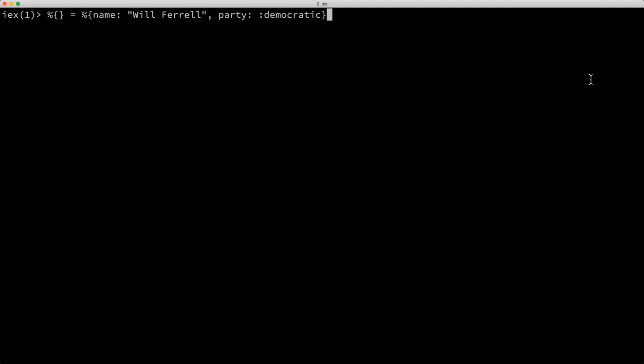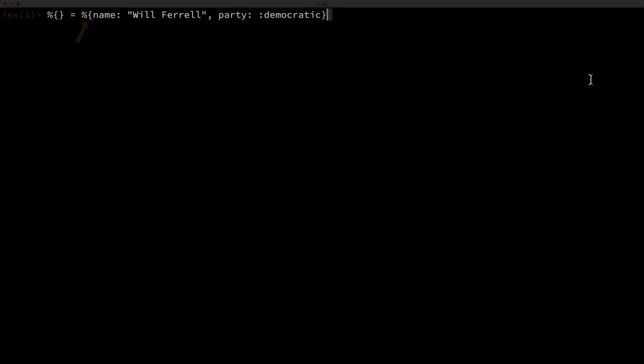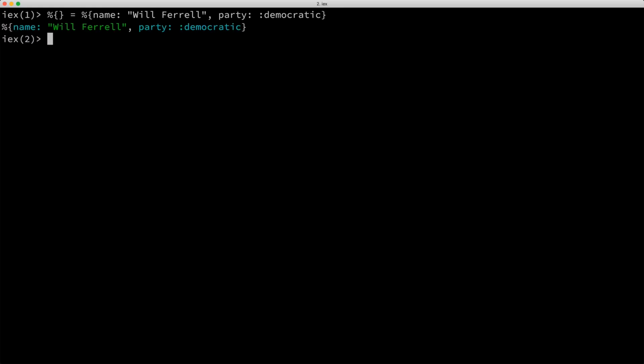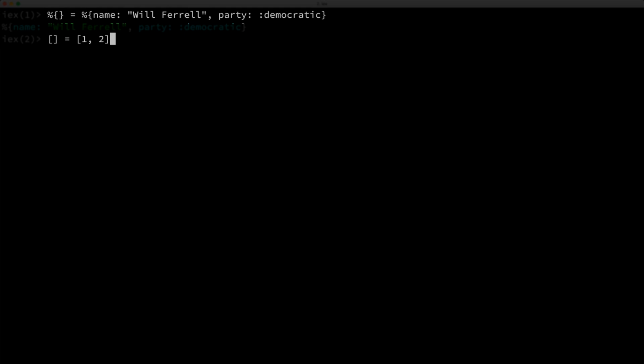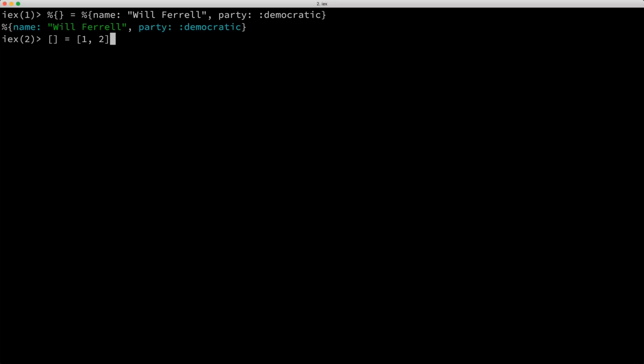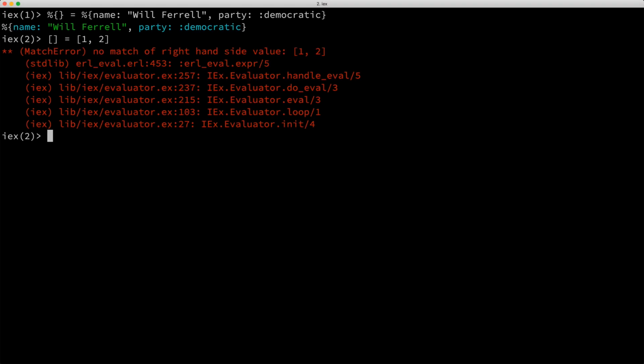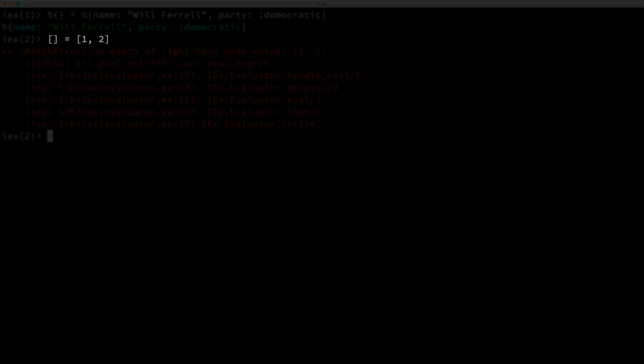With maps, you can do pattern matching like the following, which is really just an assertion that the value on the right-hand side of the match operator is a map data type. So given what you just saw here, do you think this pattern matching expression is valid? Well, it might follow that if this works, then this should probably work too, right? But it doesn't. This expression here is basically saying, hey Elixir, the value on the right side of the match operator should be an empty list, which in this case isn't true.